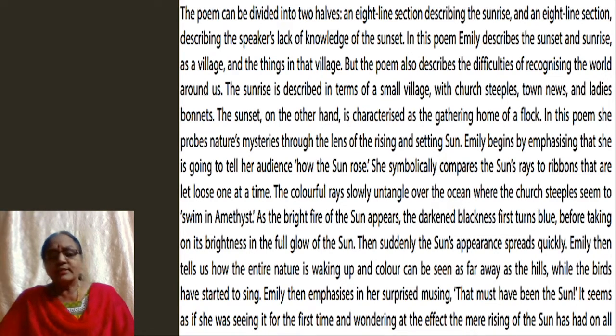So, as the sun slowly begins to appear, the darkness slowly moves back, and the sky first turns blue before the sun can be seen in its full glory. Then suddenly the sun's appearance spreads quickly. After that, of course, as the rays of the sun can be seen in the sky, you find it starts spreading through the entire sky. Emily then tells us how the entire nature is waking up and the color can be seen